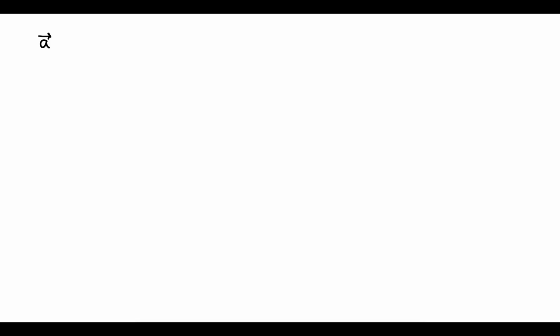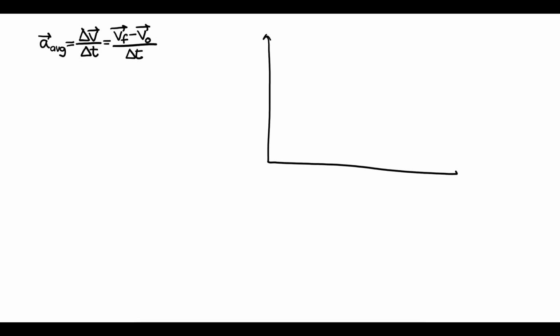The average acceleration is defined as the change in the velocity over the change in time. So it's the difference between the velocity vectors over the length of the time interval. So it's the change in velocity over the change in time. And if I were to look at a velocity versus time graph,